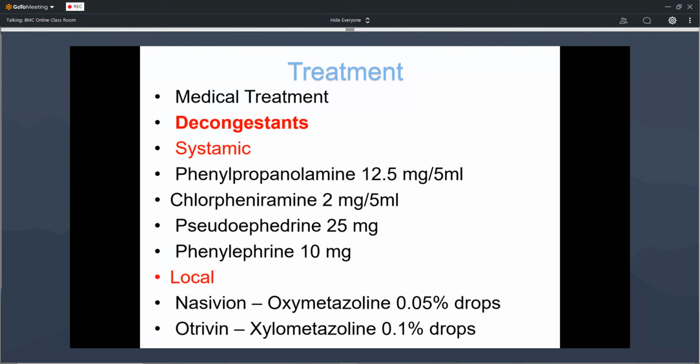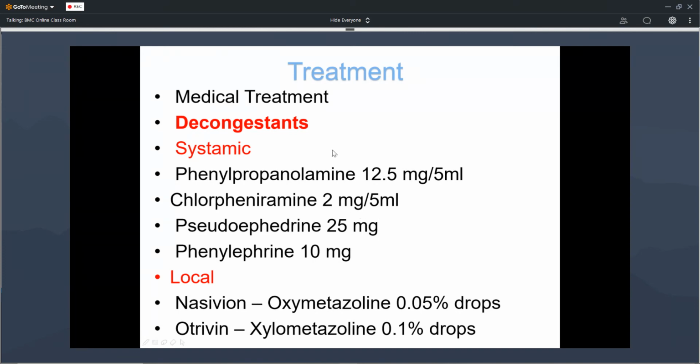Then medical treatment and surgical treatment of non-suppurative otitis media. Medical treatment: most of the time it is a sterile condition. The fluid present in the middle ear cavity is non-infectious. That's why there is no role for antibiotics. You can give antihistamines and decongestants. Decongestants will reduce the edema and decongest the nasal mucosa and the nasopharyngeal end of the eustachian tube.